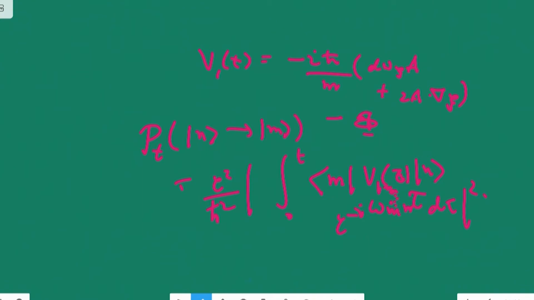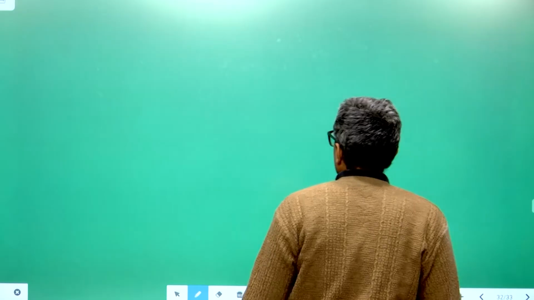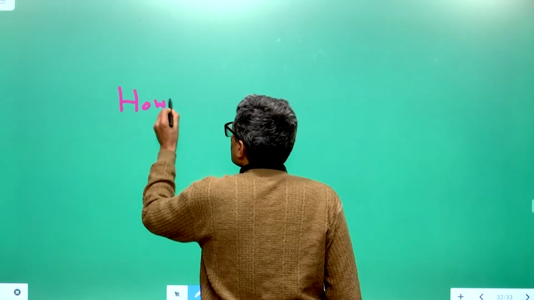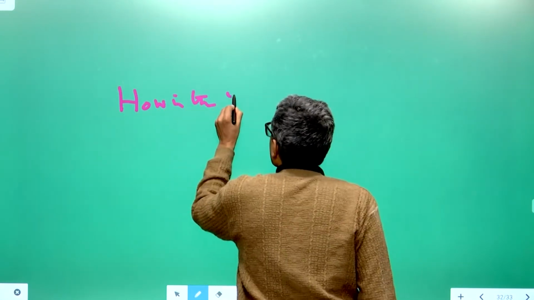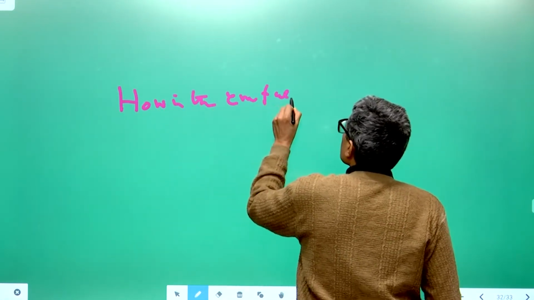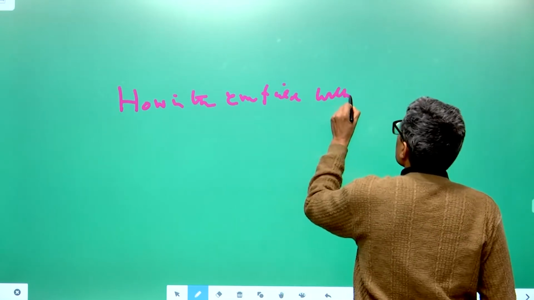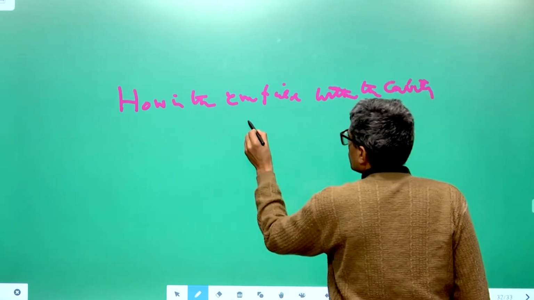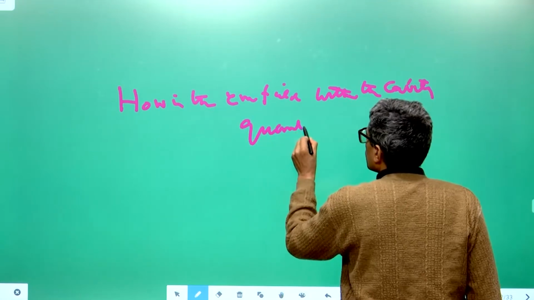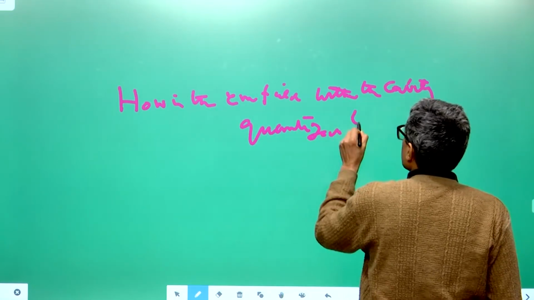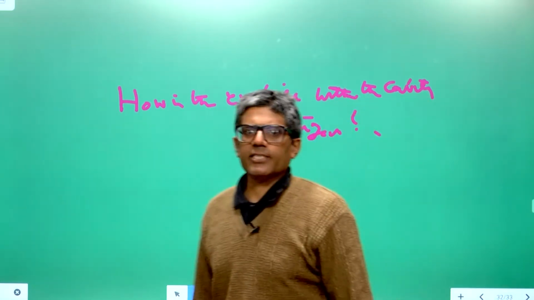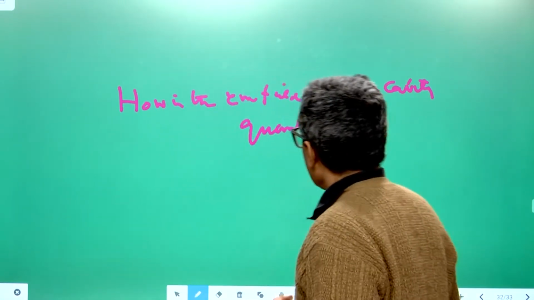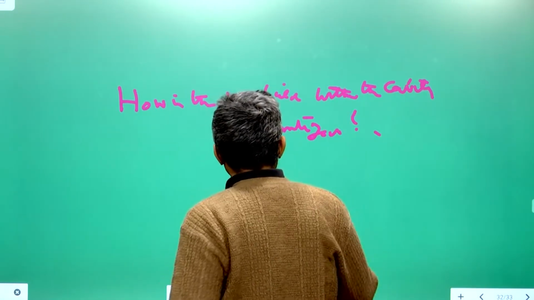Now, you can ask a more difficult question: what happens when you quantize the field within? How do you quantize? How is the EM field within the waveguide, within the cavity, quantized? We have already discussed this problem in an earlier lecture, in which we quantized not only the electromagnetic field but the Dirac field also, and then the two interact with each other,